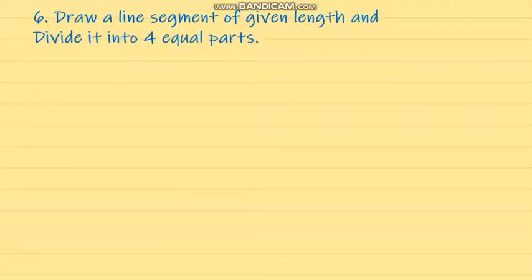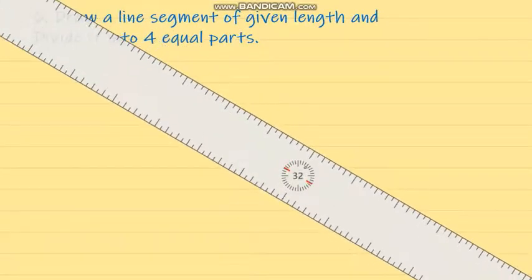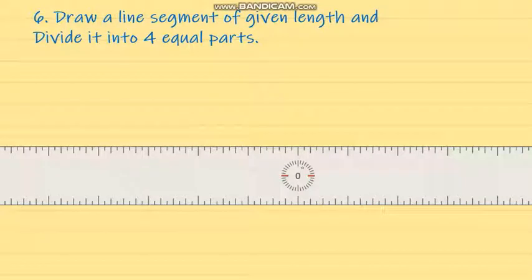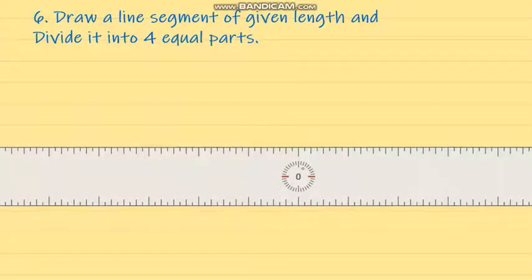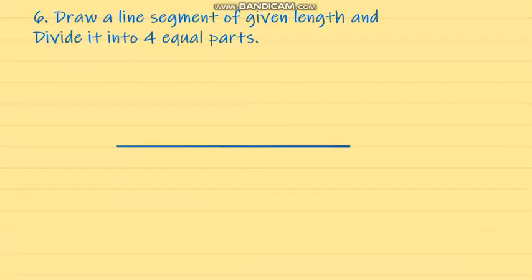Now the next question is, draw a line segment of given length and divide it into 4 equal parts. Children, you have to just follow the steps and do it. We have already done lot many of questions in this. So it is given that you have to draw a line segment of given length. See here, take one line segment AB of any length. Suppose you have a line segment of length 4 centimeters. So we will draw like this, and we will mark point A and point B.